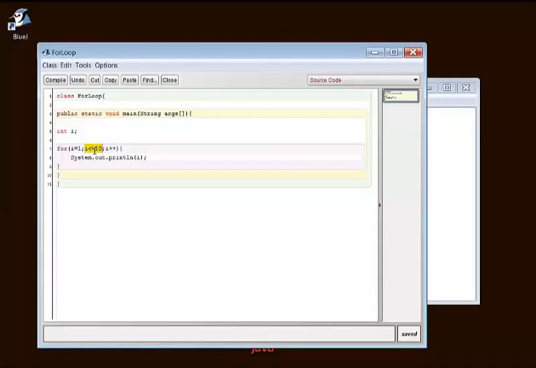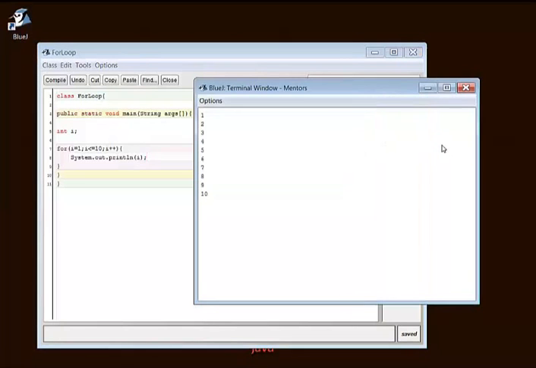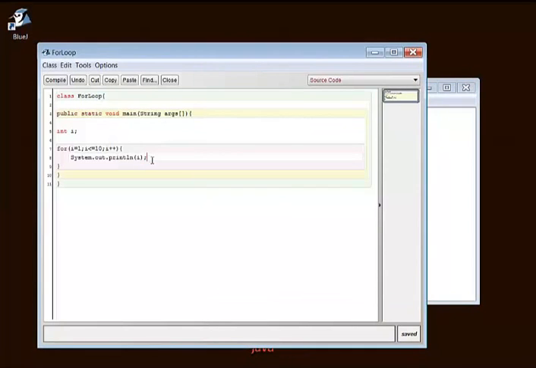So this condition is true, it will come inside the loop body, which is this area here. What we are doing inside the loop body is we are simply printing the value of i, which is 1 currently. That is why we are getting 1 here. What happens next? The control moves on to the next line, which is the closing bracket of this for loop. So the control jumps from here to here in the update expression.